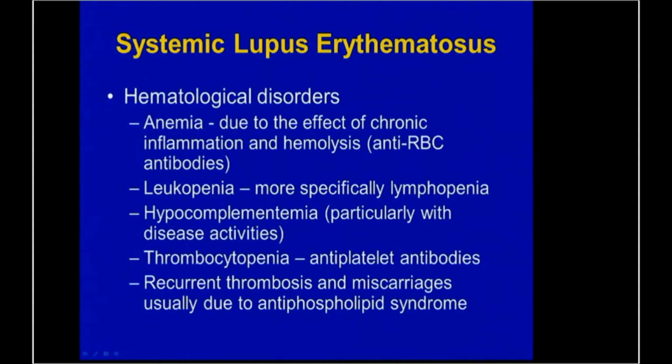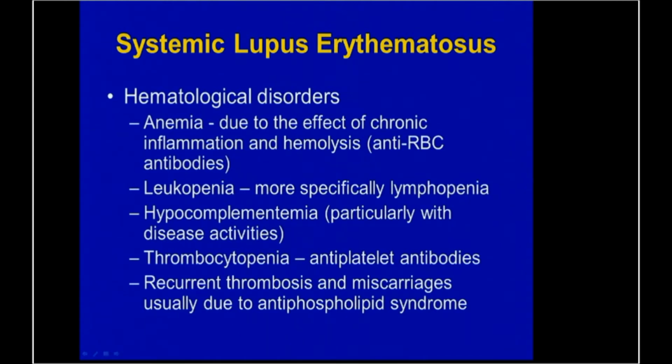Hematologic disorders in lupus: anemia, that's very generic. We know there's going to be anemia of chronic disease because that's a chronic disease. And again, hemolysis might be seen in these patients because of the formation of anti-red blood cell antibodies. Leukopenia, look at this, more specifically lymphopenia. So this could be a good question. Lymphopenia is specifically seen in patients with lupus. Low complement, particularly with disease activity, and I'm going to tell you about this again in the next few minutes. Thrombocytopenia, because antibodies, not just for the red blood cells, but for the platelets, can cause